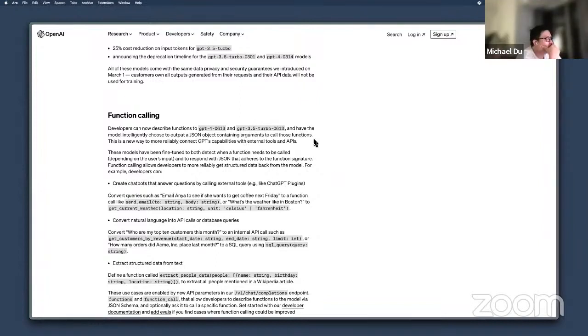And it's not totally earth shattering as a lot of people are claiming it is, but it's just what it says here. It allows the model to intelligently choose to output a JSON object containing arguments to call whatever functions you specify.